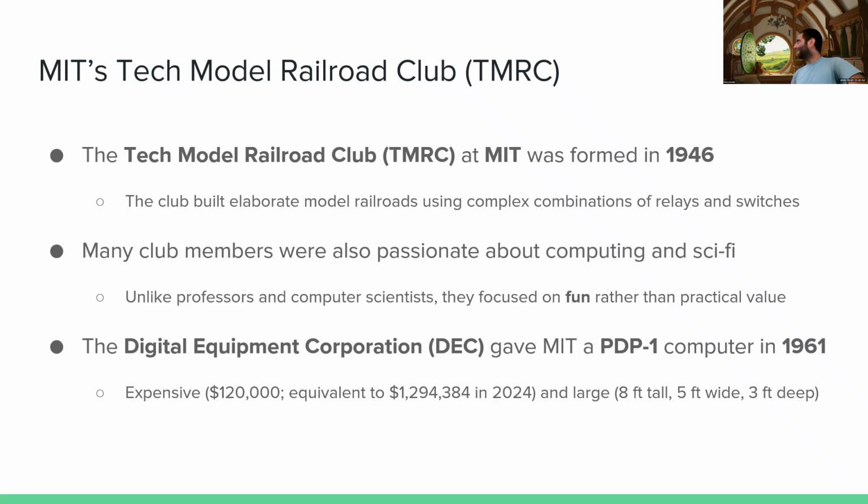And it was really big. That's going to be the general consensus of all the computers that we're seeing. So here is a display of the PDP-1 computer. This is actually at the Computer History Museum in Mountain View, California. I don't know if folks have ever been. I heard a couple Bay Area people. You should definitely check it out.